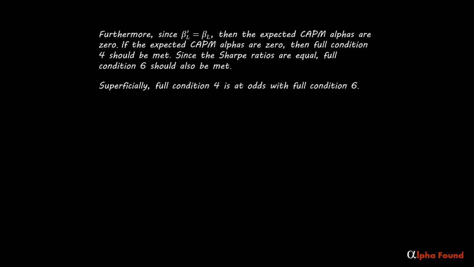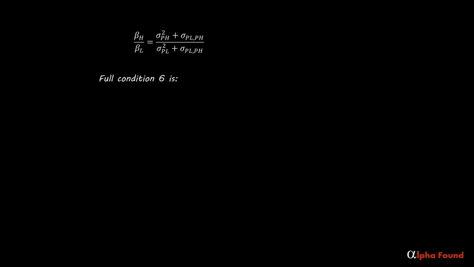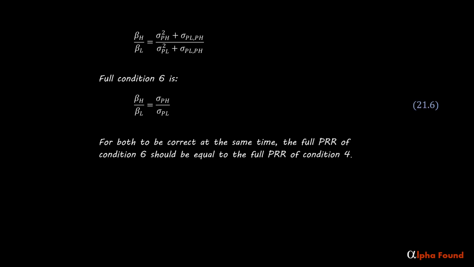Superficially, full condition 4 is at odds with full condition 6. Full condition 4 is, equivalently by squaring both sides, and full condition 6 is, for both to be correct at the same time, the full perturbation risk ratio of condition 6 should be equal to the full perturbation risk ratio of condition 4. By setting them equal and expanding the covariance term,